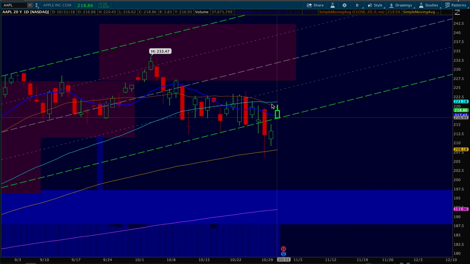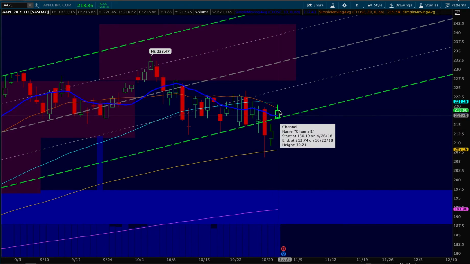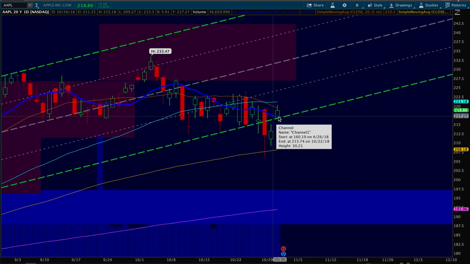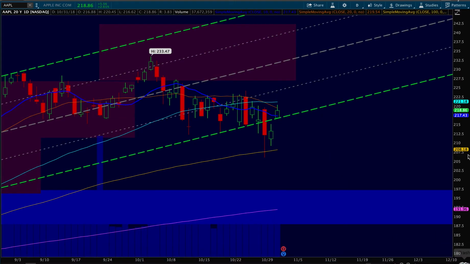As far as the closer moving averages go, the 20 and the 10, you can see that it opened and gapped up today right on the 10-day simple moving average. But unfortunately, when it couldn't regain the 50-day, it lost the 20-day that it had regained, and it came down and closed just underneath that 20-day. It also closed just above the 10-day simple moving average, like the S&P 500 did. But in any case, it would have been nice to see it take out that 50-day simple moving average and close above that, and maybe if it had,